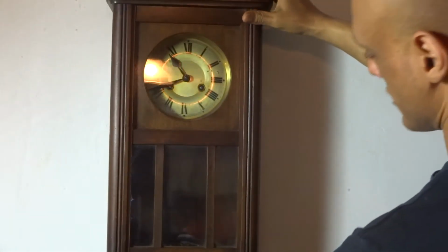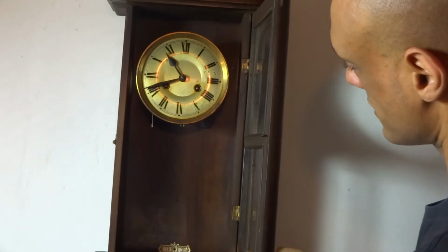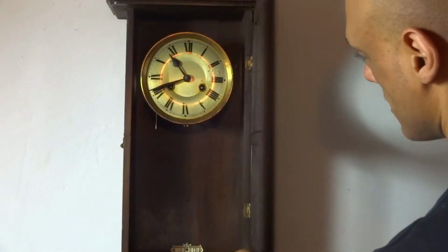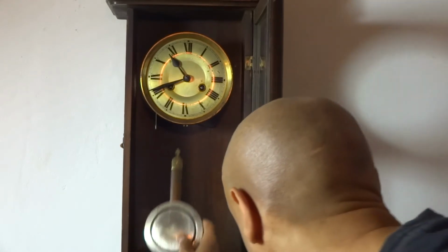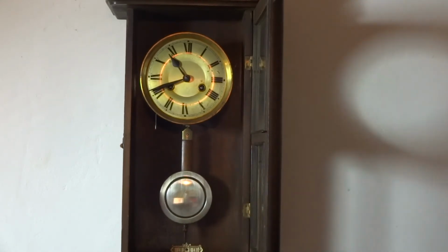First things first is to make sure that the actual clock is hanging properly. Second of all, remember that when you open this, it does actually tilt the clock, but there's padding on the back that will stop it from doing so. As you can see here, there's the actual clock without the pendulum. The next part is to make sure that you hang the pendulum from the box correctly. Once it's hung,